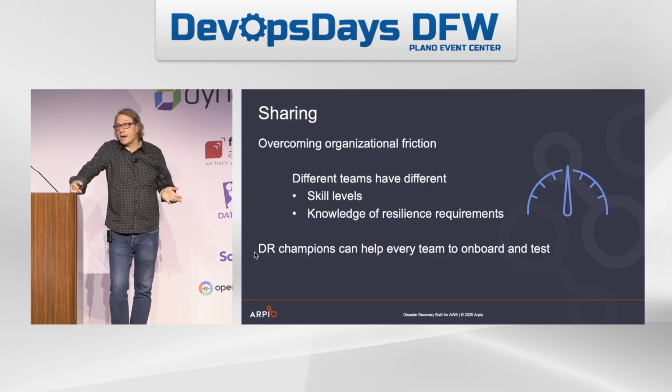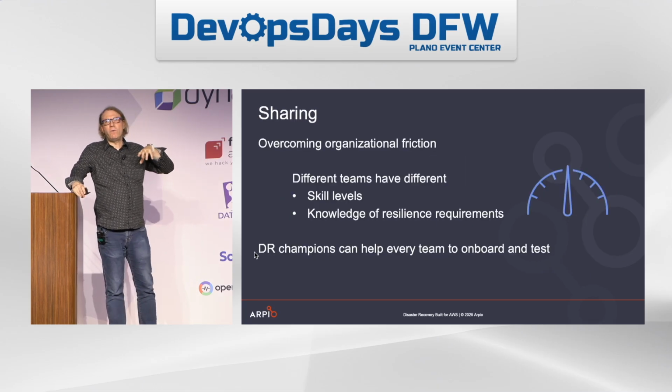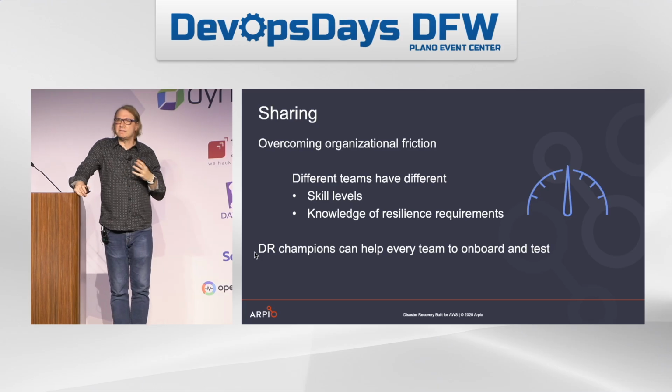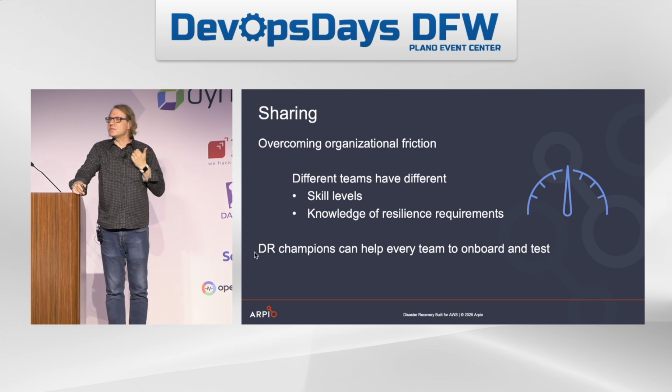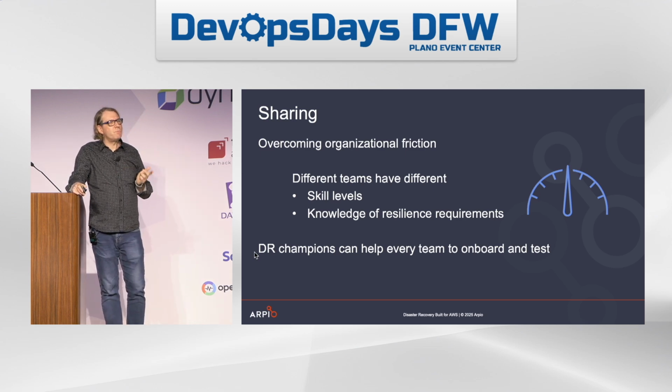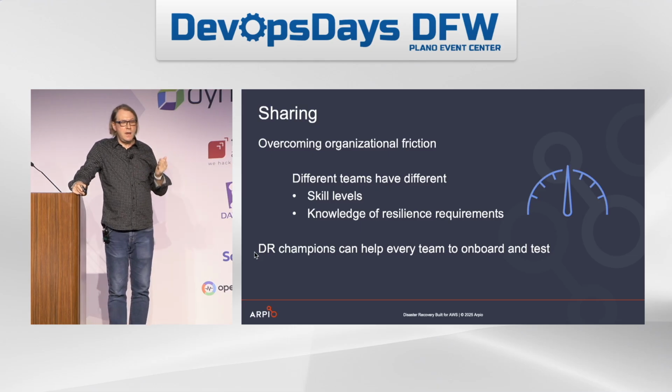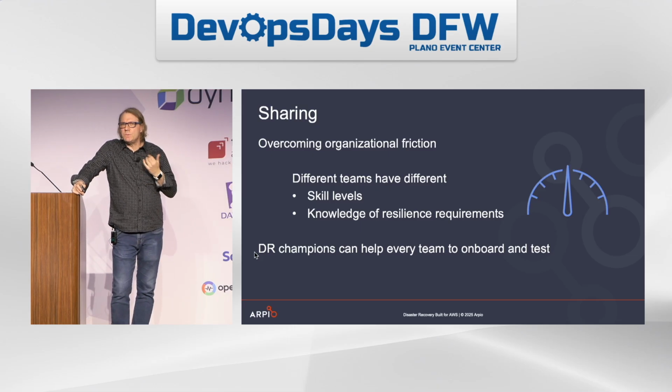And finally, sharing. A lot of times when I talk to companies and teams about disaster recovery, they have this organizational friction to adopting it. I think having a common platform reduces that friction, and teams that have different skill levels, or even different knowledge of what kind of disaster recovery they need or if they even need it, can all learn from disaster recovery champions, right? Once you build a platform like this, it almost evolves from it that you have champions that know how to use the platform and know what it's used for and can share across the company.